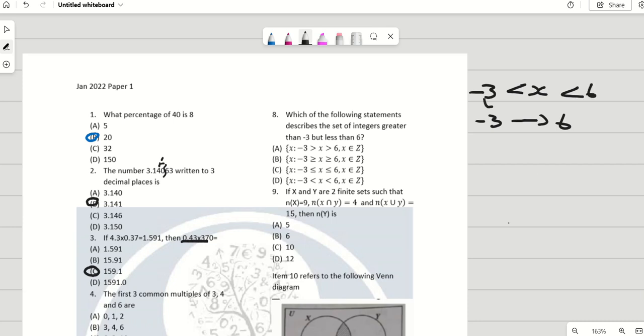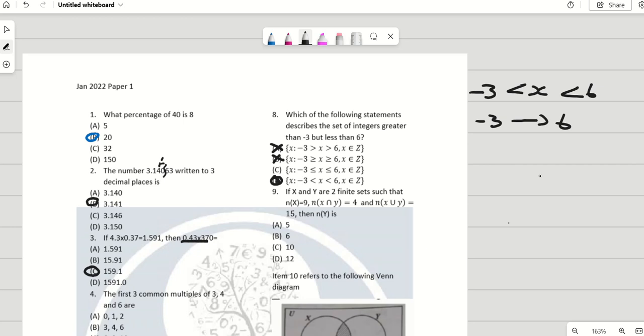This is what this is equal to. Please note in integers, when it is written like this, the signs are always in that direction, right? So A, this would be no. B, no. So it's either C or D, but they said greater than minus 3. They did not say greater than or equal to, so it does not have an equal sign here. So that is how we got our answer to be D,